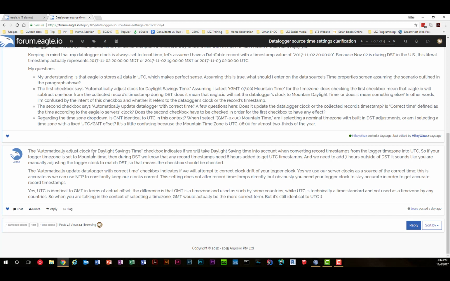All right, the "automatically adjusts clock for daylight savings time" checkbox indicates if we will take daylight saving time into account when converting record timestamps from the data logger time zone into UTC. So if your logger time zone is set to mountain time, which it is, then during daylight savings time, which it is right now, we know that any record timestamps need 6 hours added